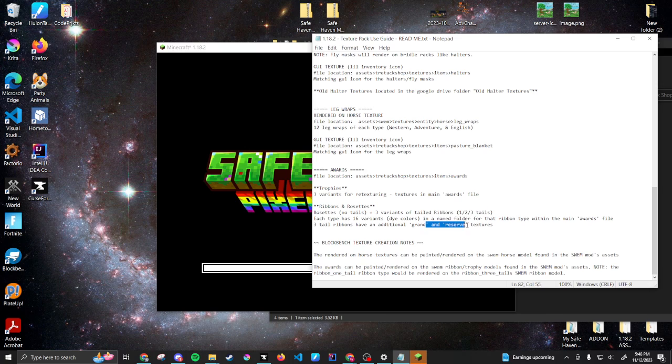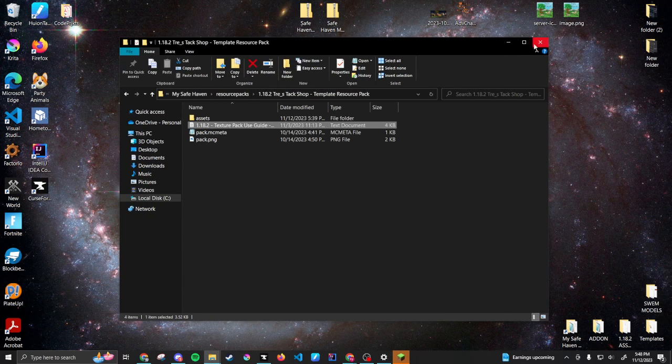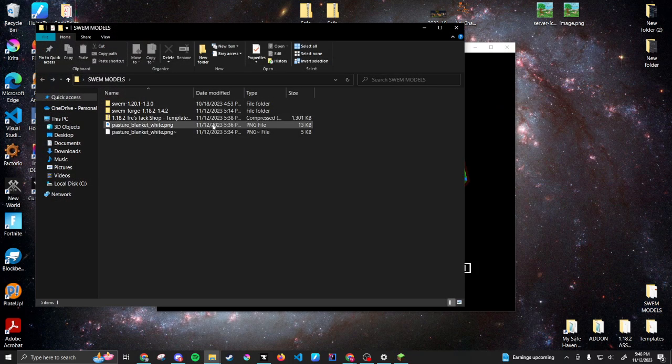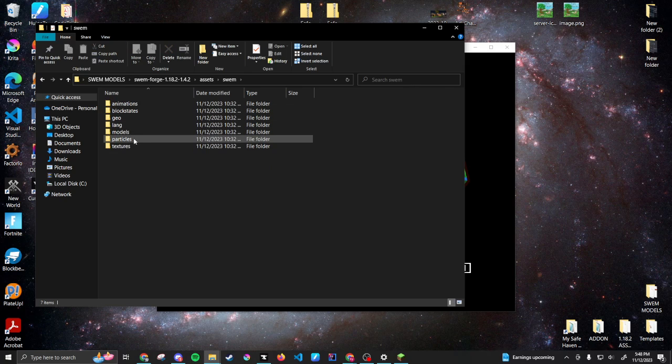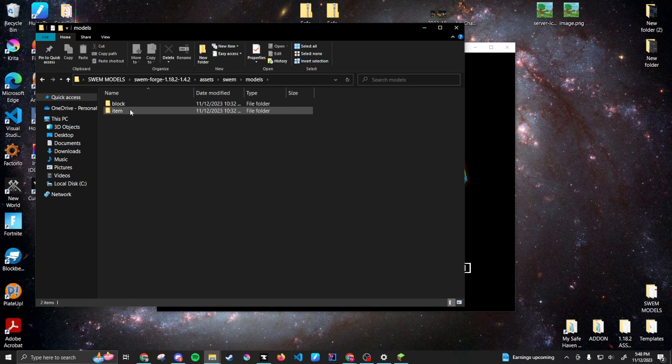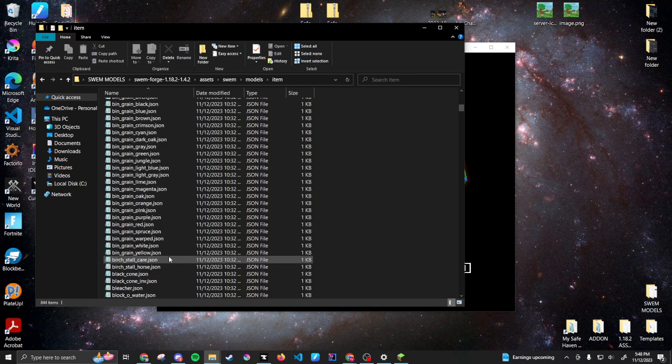So the ribbons and rosettes also exist here. The ribbons and rosettes, their template model, I need to add it here just while this is continuing to load. Move that down. For the ribbons, your main model file will be assets, SWEM, models, item, and then